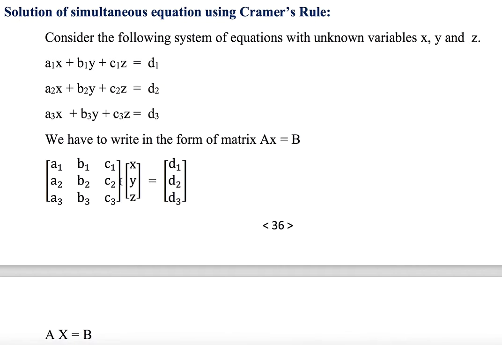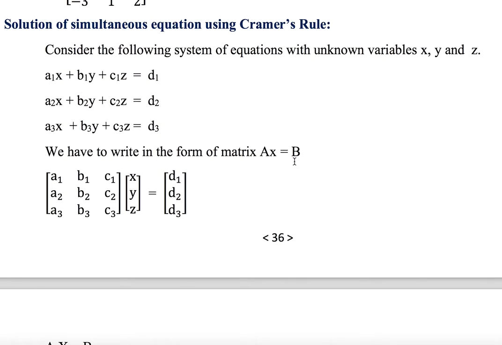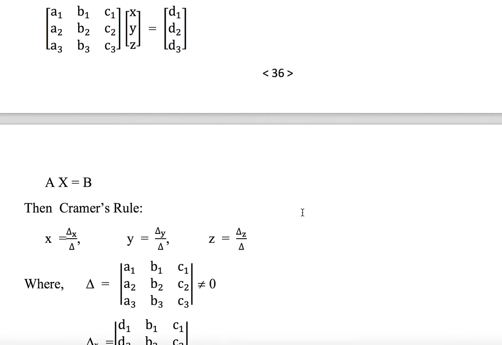You can cross check whether you are getting the same equations or not by multiplying. You know the matrix multiplication, right? Each row with each column in the other matrix. There is only one column. So this can be written as AX = B. This is the A matrix. This is the X matrix. X is the unknown variables. Okay. This is the coefficient matrix A, equal to B, where B is D1, D2, D3.